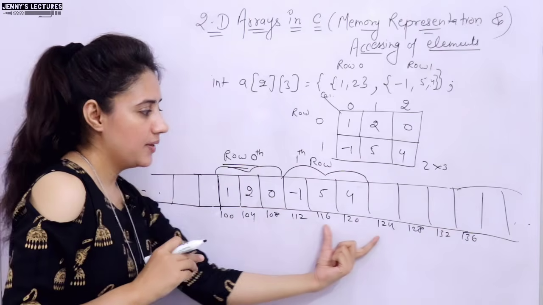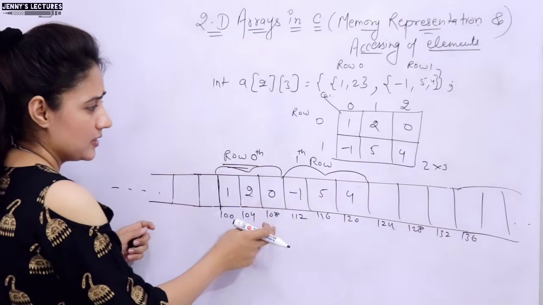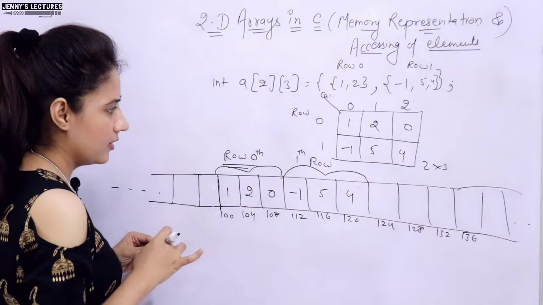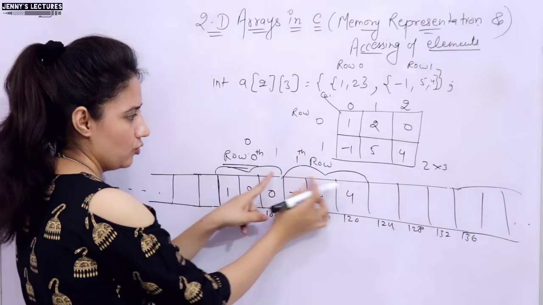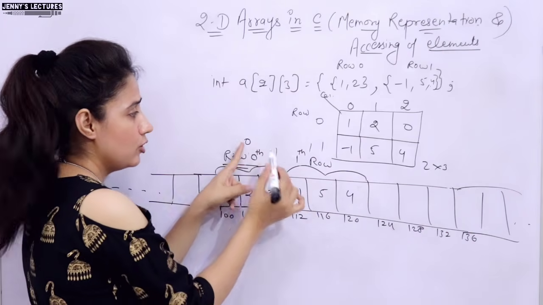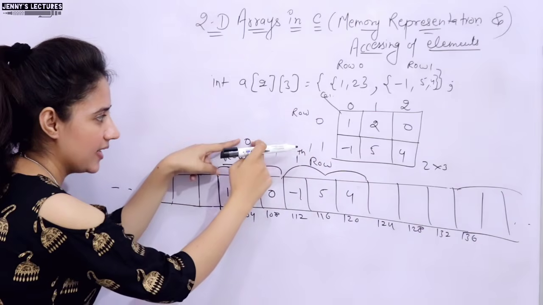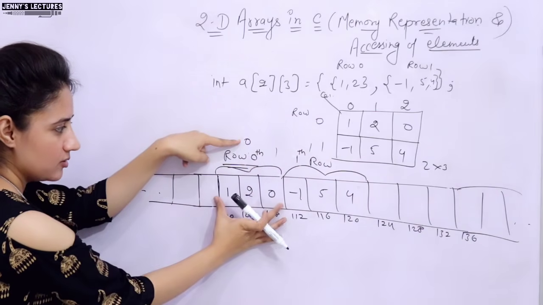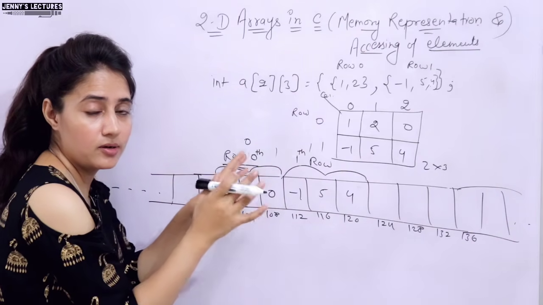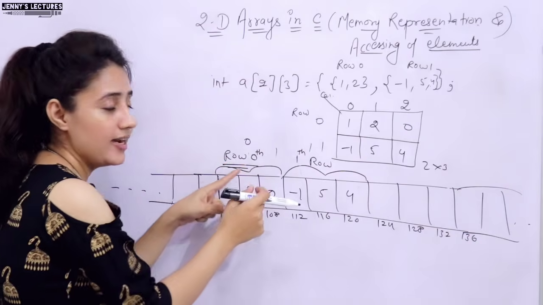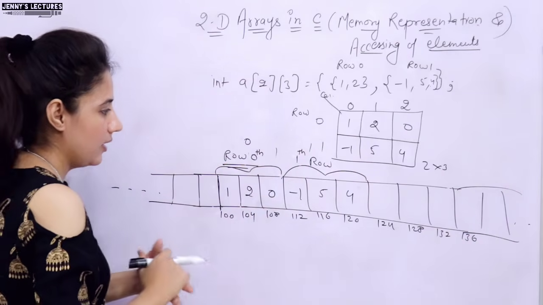So this is contiguous memory allocation, continuous, you can say. I hope it is clear how data is to be stored here. See here, this is index 0 for this row, index 1. So this is also, you can say, an array with 0 and 1, and in this array one more array; this is having 3 columns and this is having 3 columns. That is why I have told you that a 2D array is an array of 1D arrays, simple.